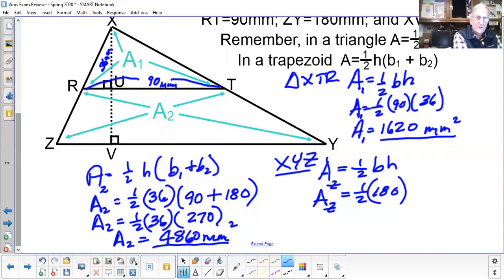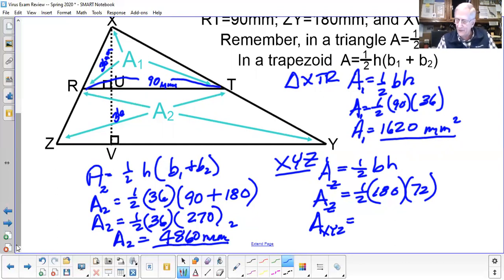UV is 36, XU is 36, so that will be 72. To get the area of XYZ, I take 1/2 of 180, which is 90, and do 90 times 72 on my calculator. When I do, I get 6480